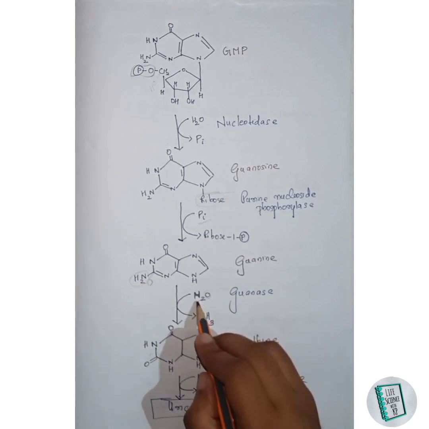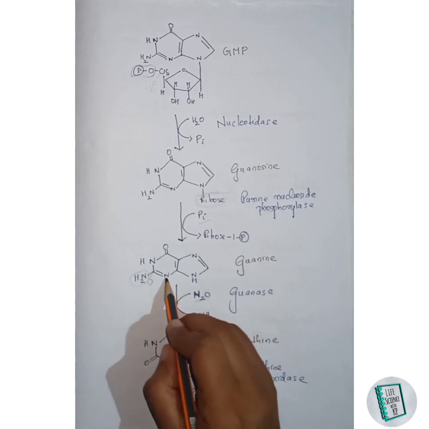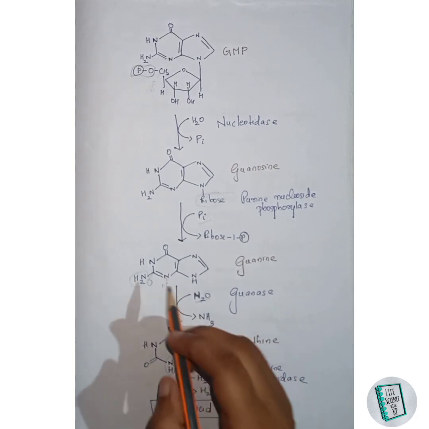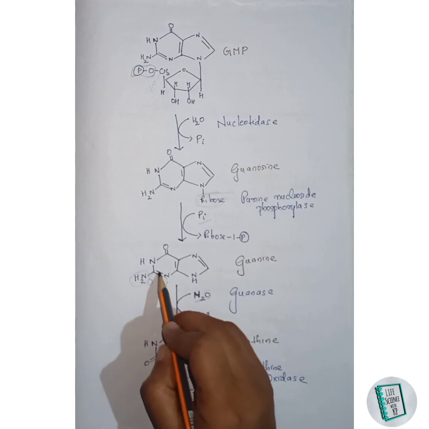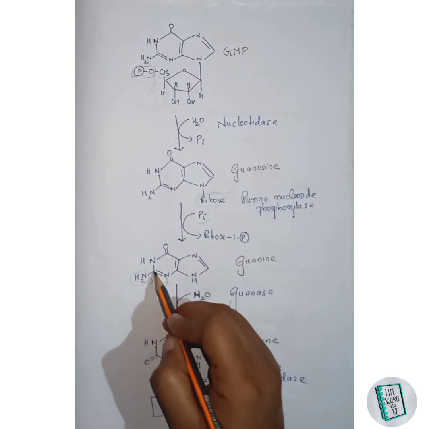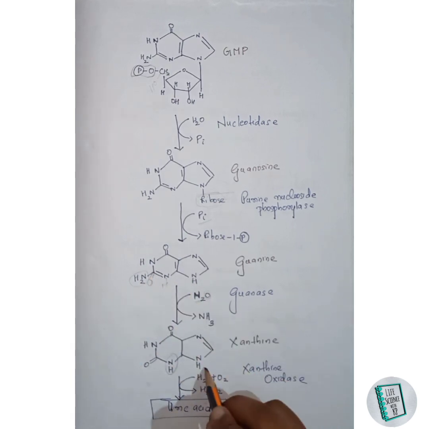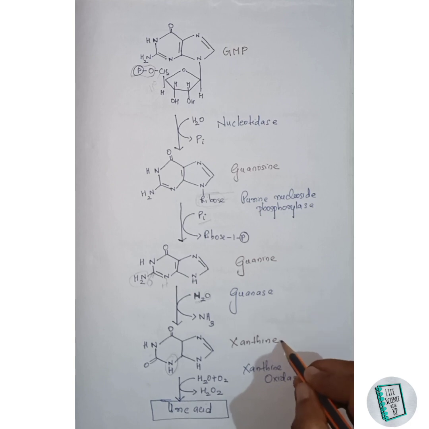Then the remaining hydrogen of this water molecule attaches with this nitrogen and forms an NH group. Thus there is a rearrangement of electrons, and the double bond moves to this carbon as a double bond O. Thus xanthine is formed. This xanthine then in presence of xanthine oxidase forms uric acid, as we have seen